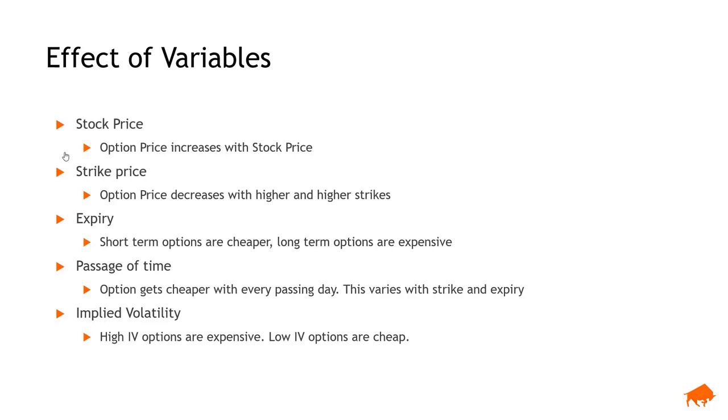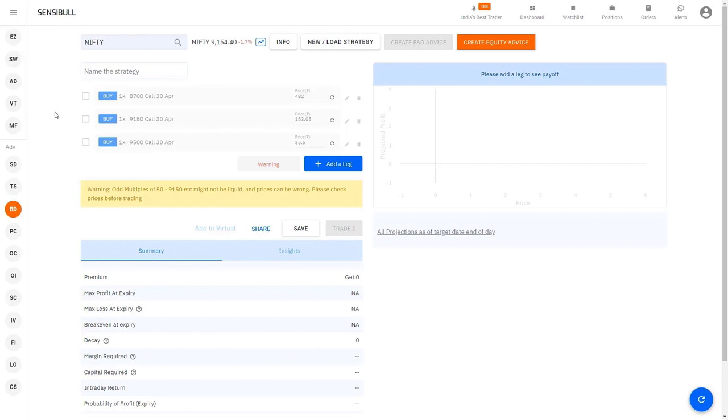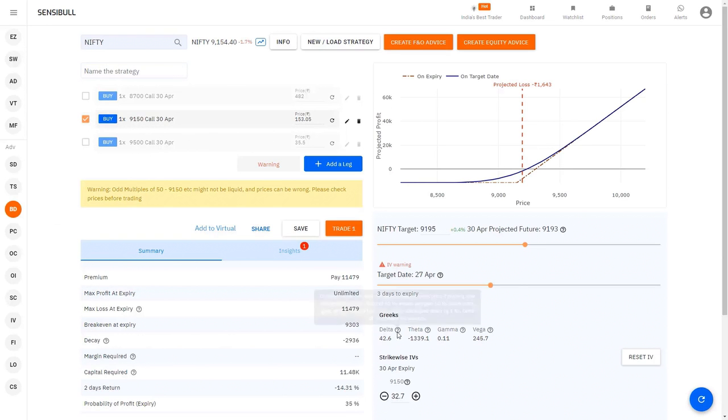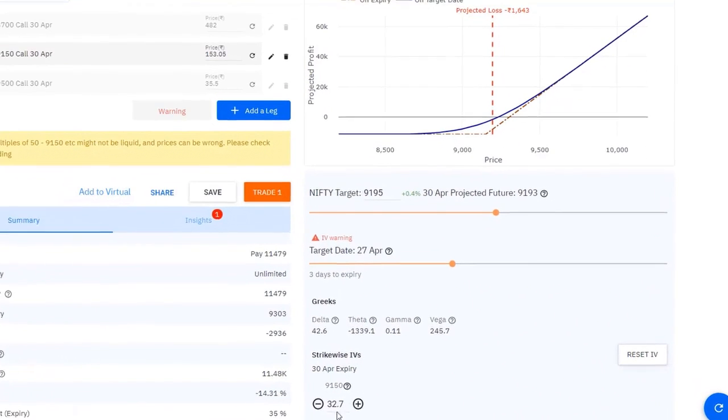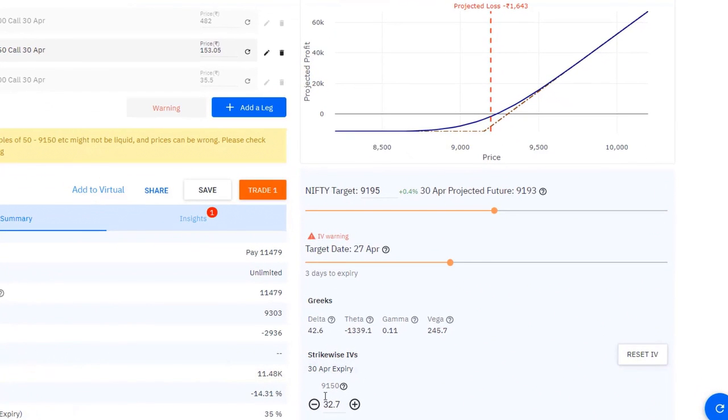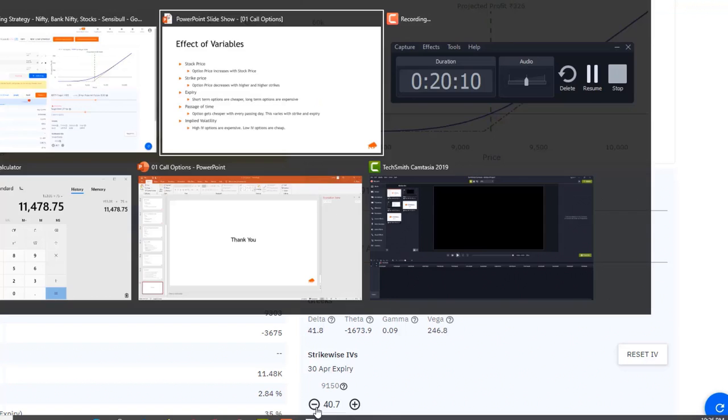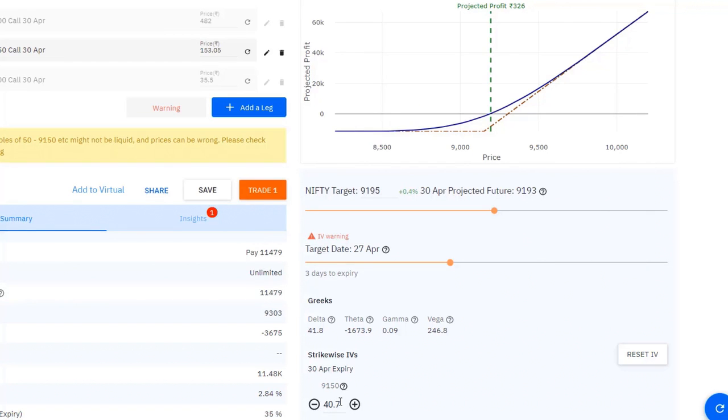It comes from the market, and you can see the IV of an option in any standard option tool like Sensibull or something else. I don't know what you use. So you can see that the IV of this is 32. The important point you have to understand here is that if IV goes down, you lose money, right? And if IV goes up, you will make money if you bought an option. So if you're an option buyer and if IV falls down, you lose money.